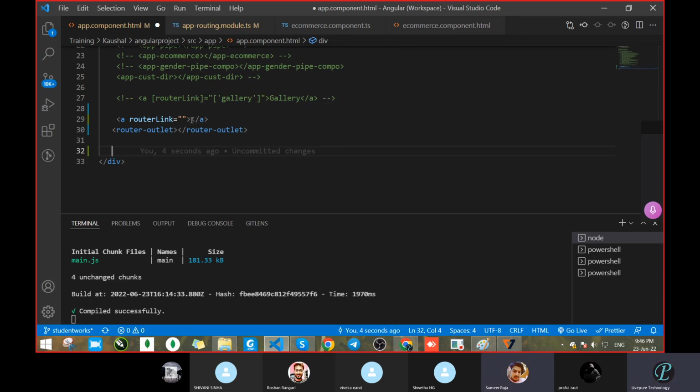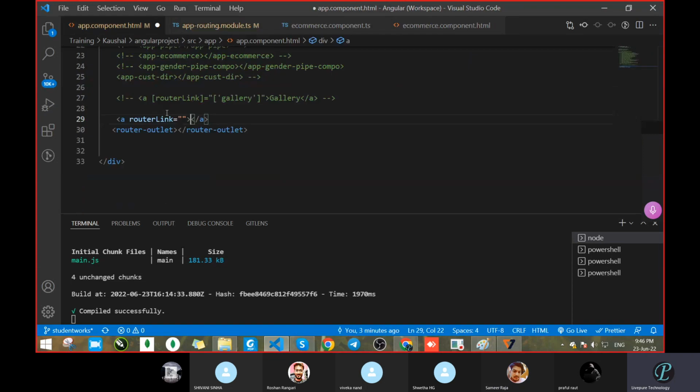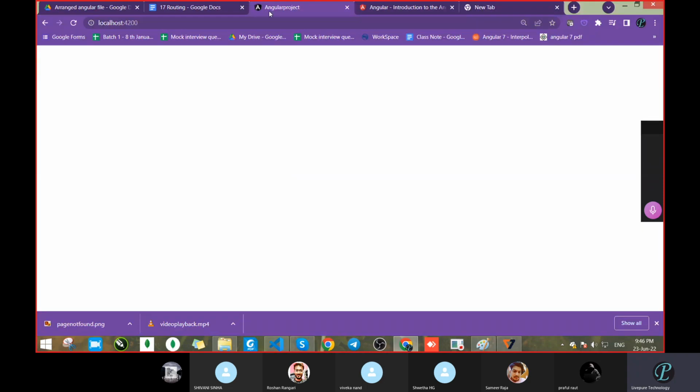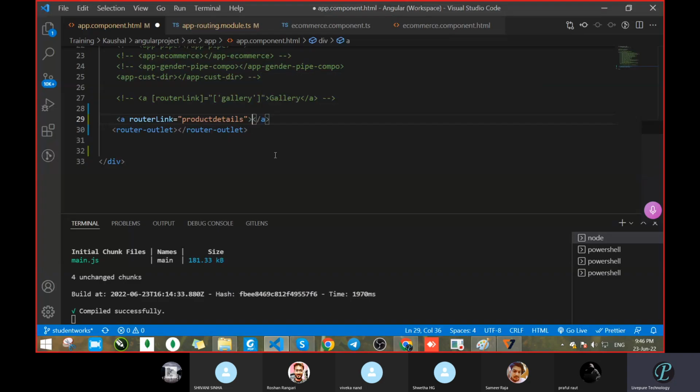Yes, sir. The path name, whatever we have given, we will pass here. So we have to pass the path name, this path name. In the case of router link, how will you know where you have to click? Whatever is there inside the anchor tag, we will pass the product details. Correct? Then only we will get that